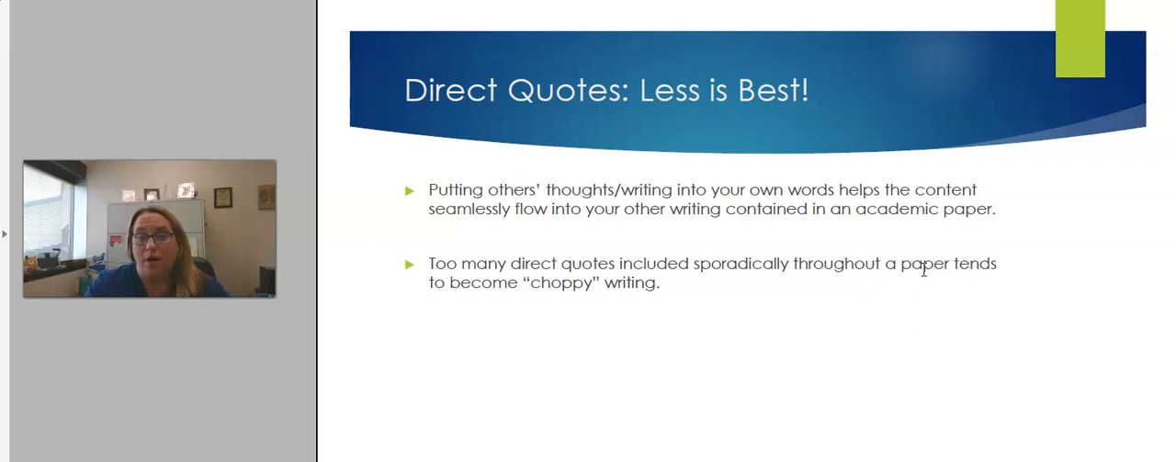So the rule of thumb is that you should barely ever use direct quotes, word for word quotes. The best time to do it I have on the next slide. However, using too many direct word-for-word quotes throughout your paper makes your paper choppy, because here's my writing and then bam, I put somebody else's thought here and it doesn't merge and flow well. And then I go back to my thoughts and then I put someone else's thoughts. And it's like a ping pong match and nothing flows